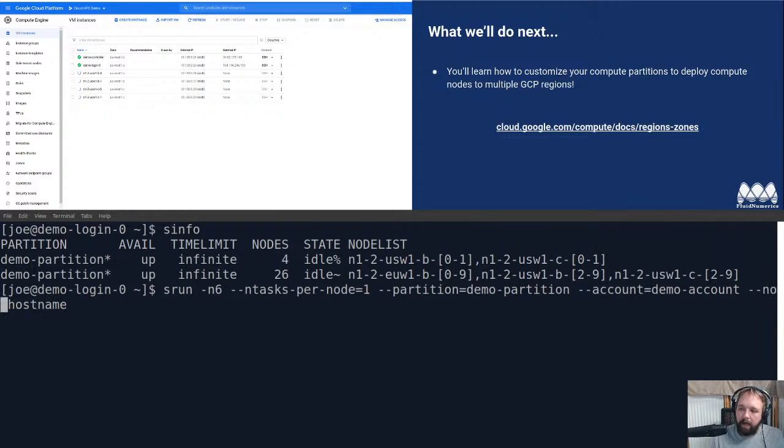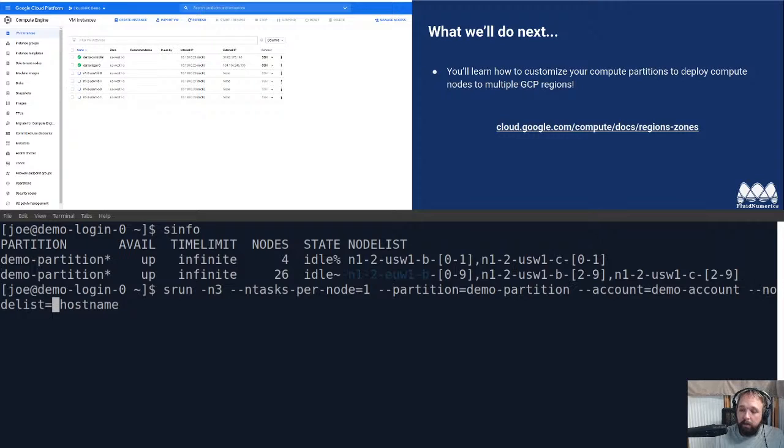So if you add the node list modifier flag to srun, you can give it the list of nodes you want to select from, which again is nice if you're looking to move some of the compute to another region. If you have all these nodes already specified in the same partition, you can easily just specify this entire name down here, or some of these guys. But specifically because I want to distribute these across multiple regions here, I'm going to tell it 3 tasks, 1 task per node, and I'm going to give it